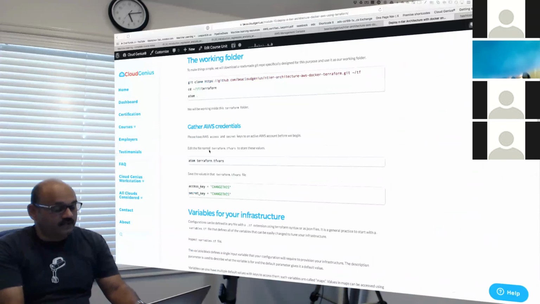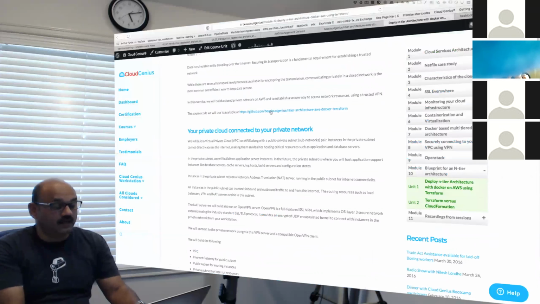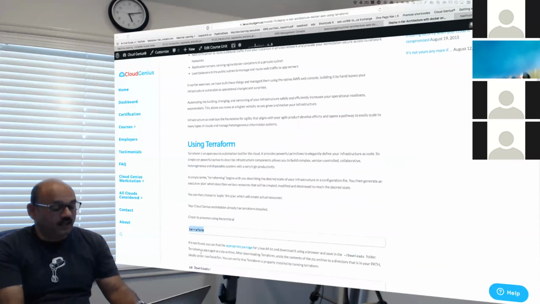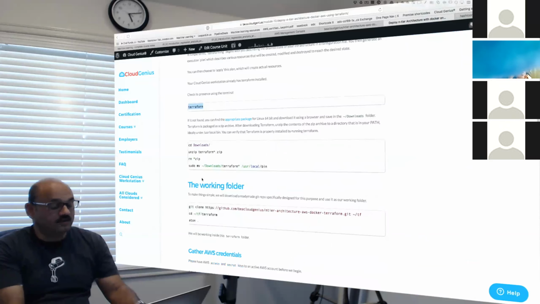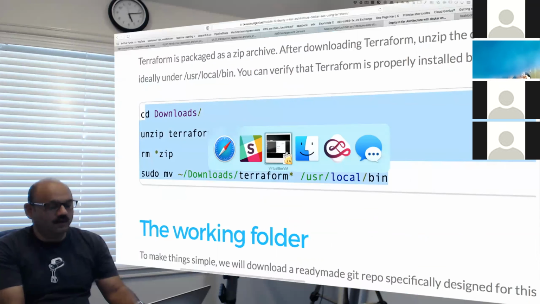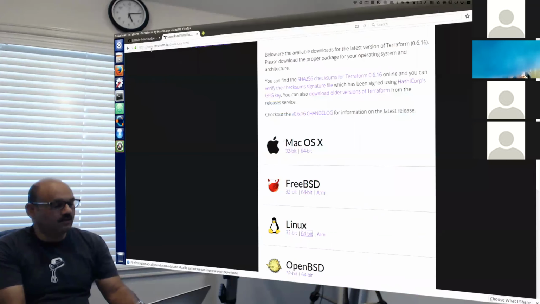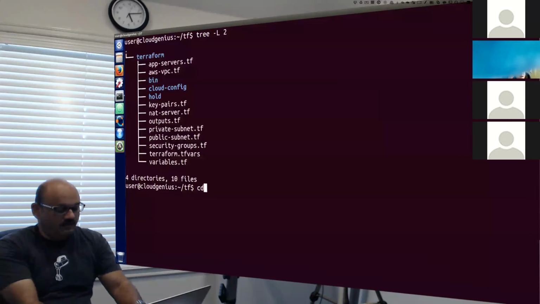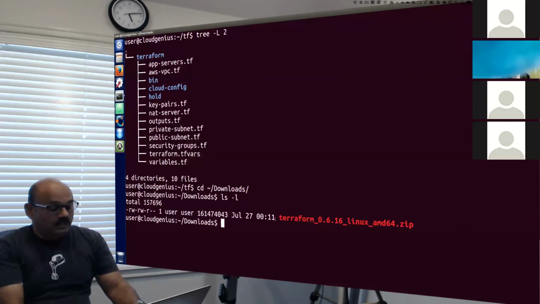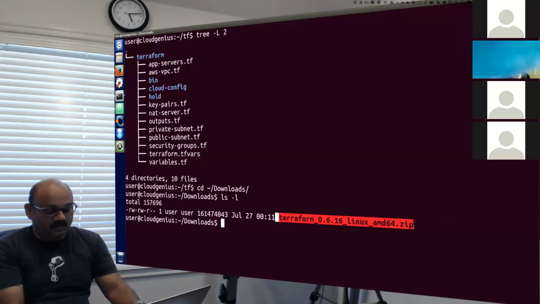The first step needed is to make sure that we get the Git repository going, which we have. Then we will make sure that we have the Terraform tool installed. If it is not installed, here are instructions on how to install it, made available in this section that we will follow. It is actually very easy to install. We will look at the download section, where the Terraform tool has been downloaded already. This big package, this Terraform zip, is available to us.